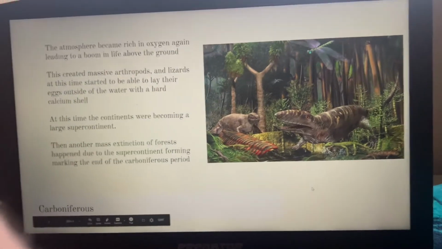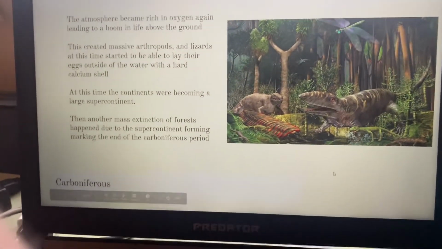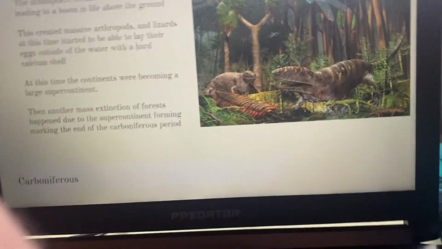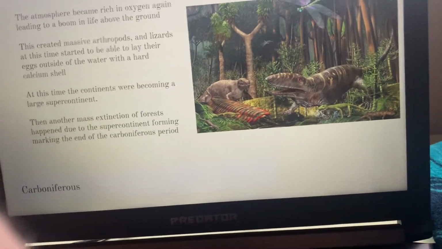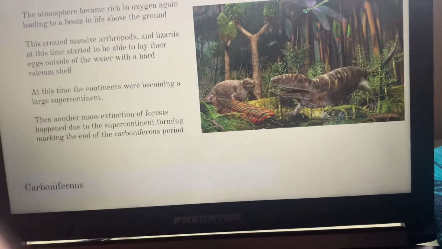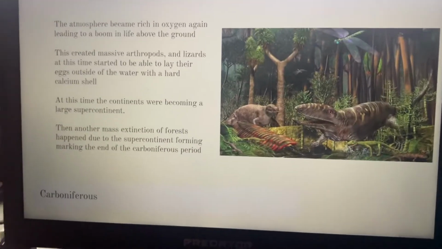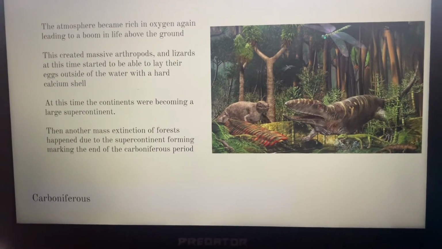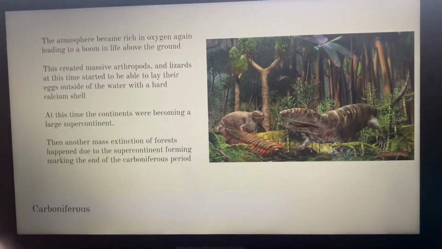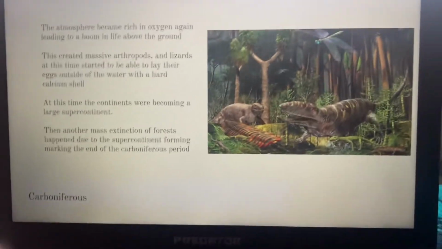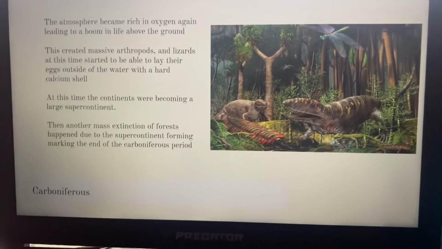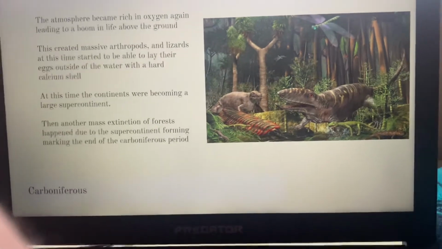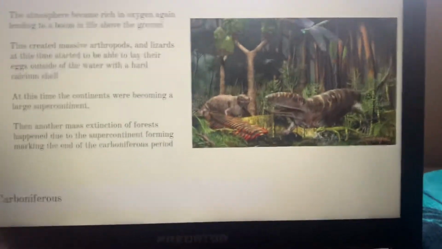And also another cool thing about the vertebrates being on land is these early form lizards started making eggs with calcium shells. And you might be like, oh, what does that have to do with anything? But before, they were pretty much limited to the immediate range of water because their eggs needed to be in water to survive. But now with the calcium, they can just lay them wherever on land, preferably in a safer location. Now they were starting to spread to more arid areas because